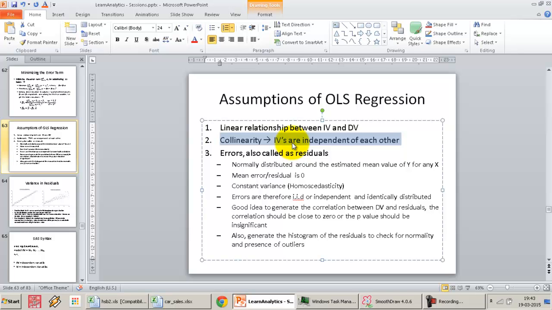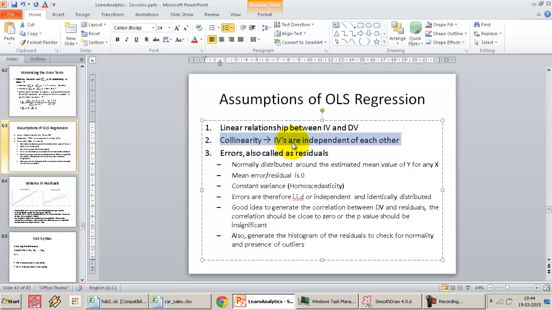Till now we've only covered OLS regression using one independent variable. So I'll come back to assumption number 2 when we start off with multiple linear regression. As a quick background, in multiple linear regression, we have multiple independent variables against one dependent variable. Right now we are building a model where y is equal to mx plus c. But supposing we have two independent variables x1 and x2, in that case the formula becomes y is equal to m1 x1 plus m2 x2 plus c,